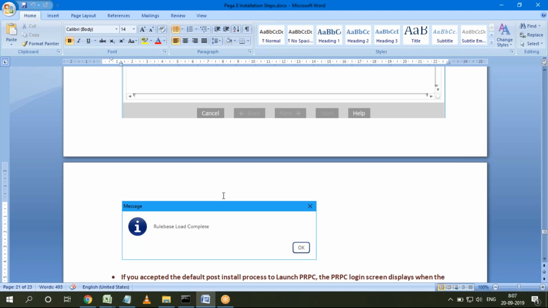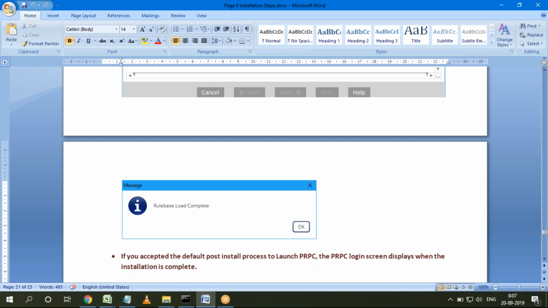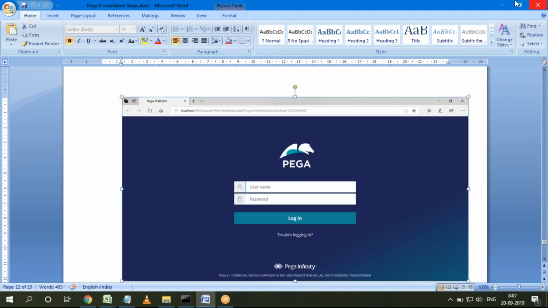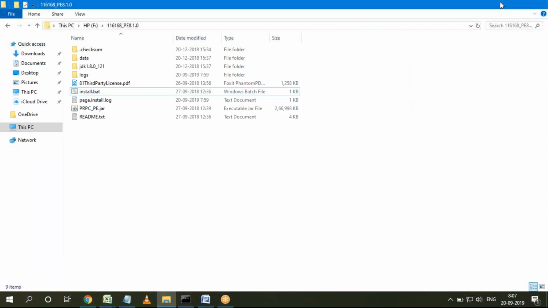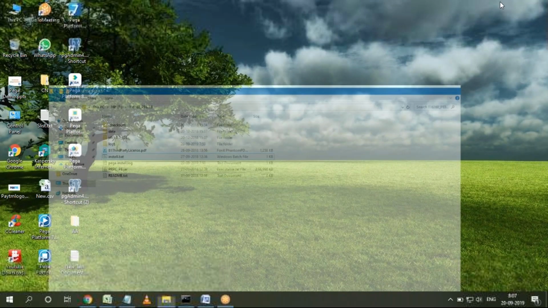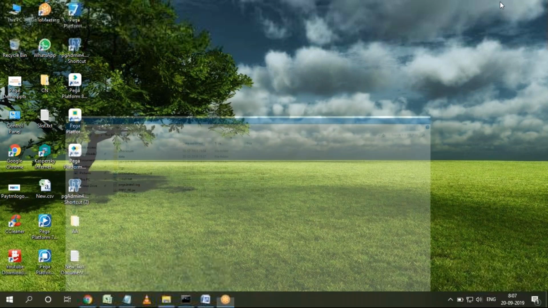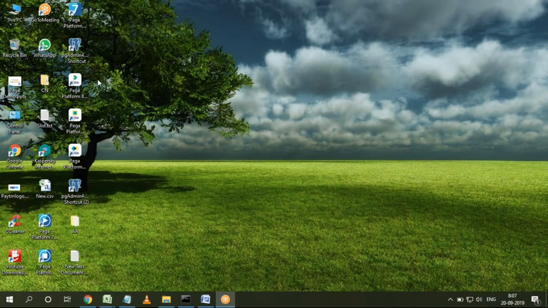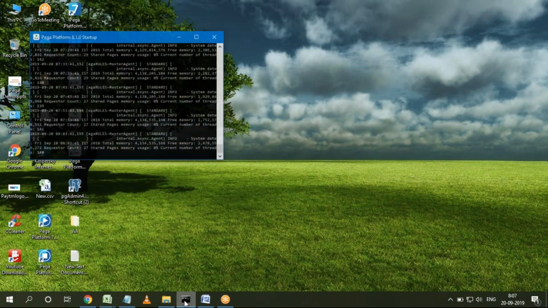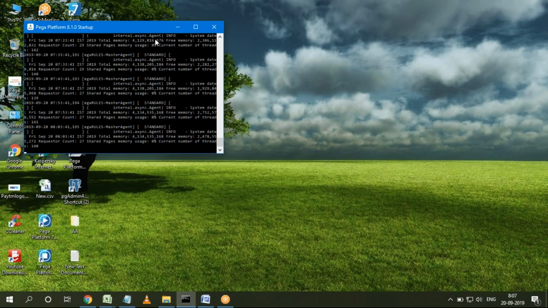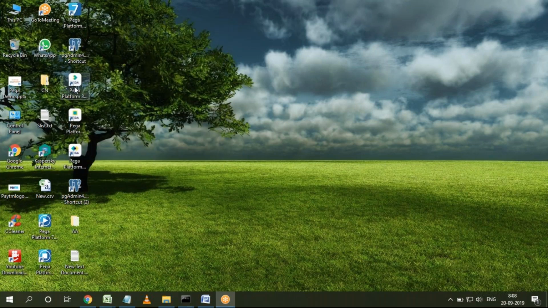And the next thing is, once the installation is completed, you get that message that it is successfully completed. But if you want to verify whether the application is opening or not, you will be getting 3 icons. When the application is installed, Pega will create 3 desktop icons. Already, when you install the application for the first time, the server will start up. Okay, this is the startup window, and the server will automatically start up. No need to worry.